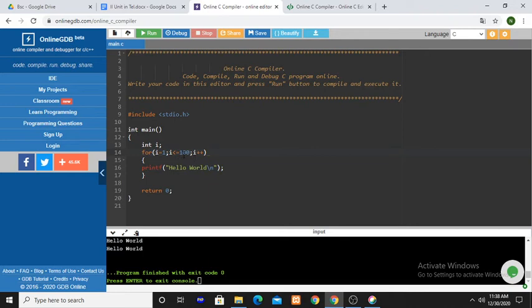And in another situation, we may want to execute particular statements repeatedly, that is, more than one time. In such a case, loop control statements are used. If you want to execute the statements based on a condition, decision control statements are used. If you want to execute the statements repeatedly, then loop control statements are used.